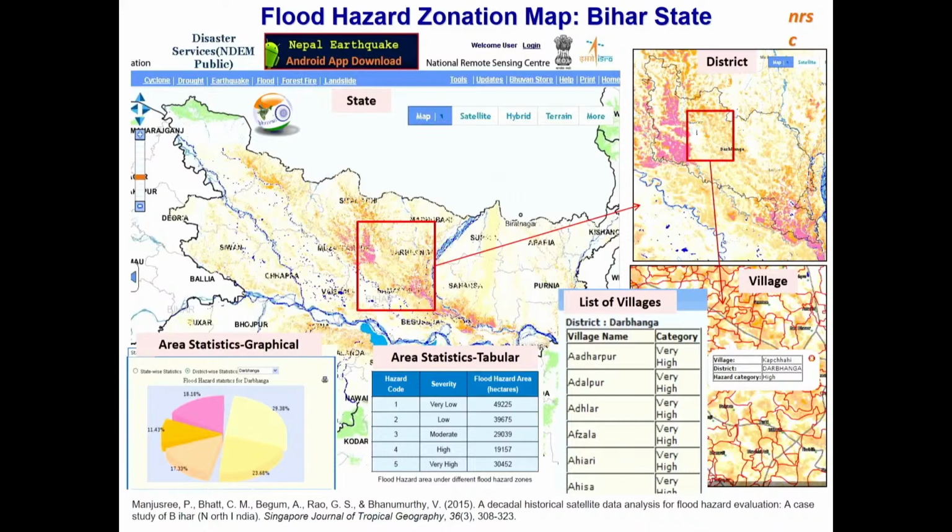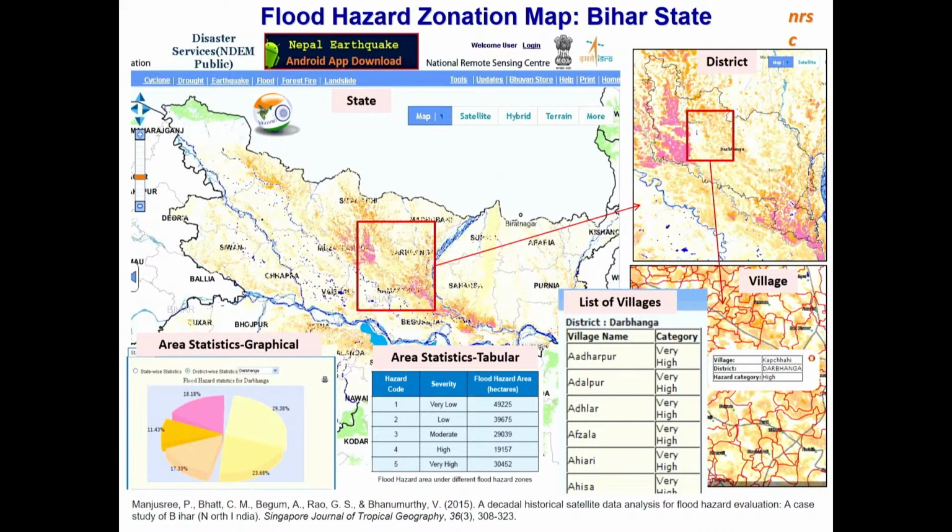Similarly, we can use satellites in case of floods for creating flood hazard zonation maps, like our center, the National Remote Sensing Center. They are proactively mapping the nationwide floods once the flood season starts, and they have been doing this for more than 2 decades now. So they have vast information about the areas which get regularly flooded. Flood hazard zonation maps are created, which tell you the frequency of each pixel, how frequently it gets flooded, and based upon that, these maps are generated.